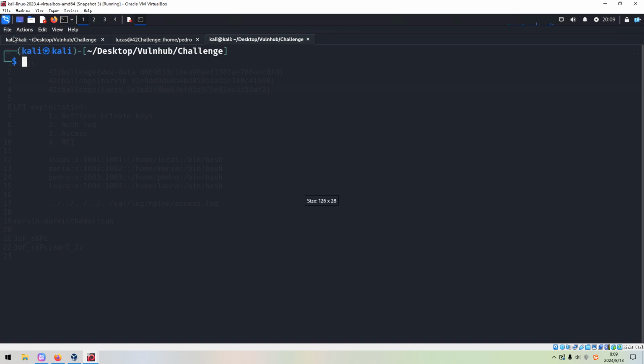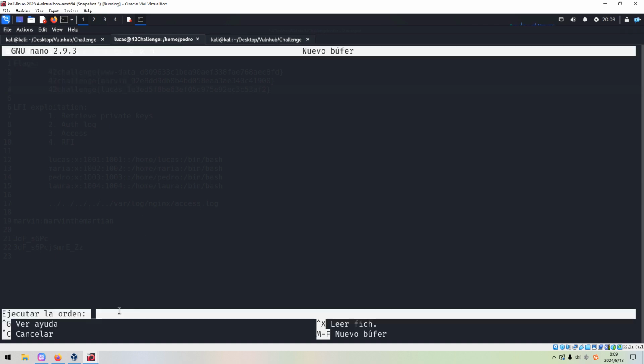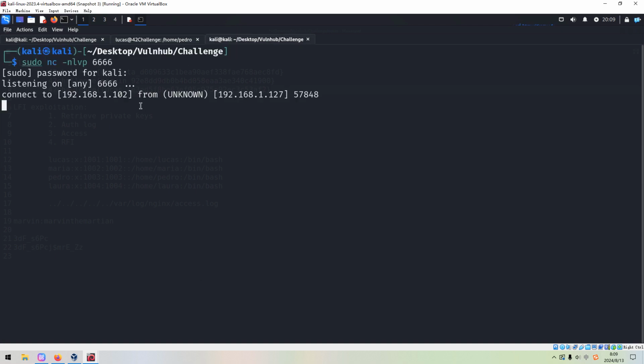We can set up the listener on another port number like 666. And now we can netcat. Press enter. As you can see, we successfully got another shell. And we can spawn a more interactive shell.